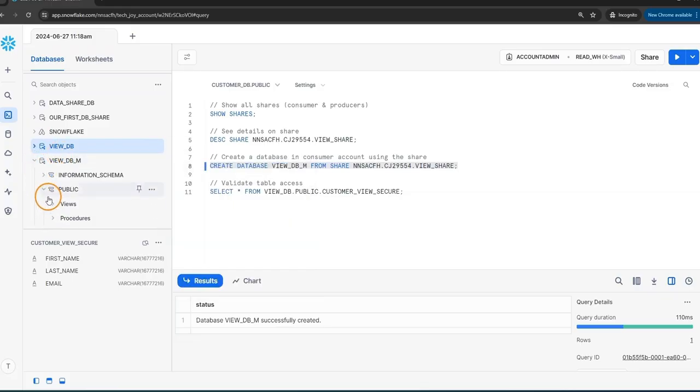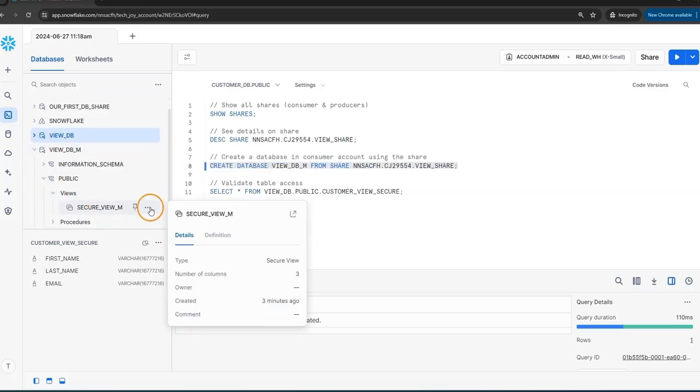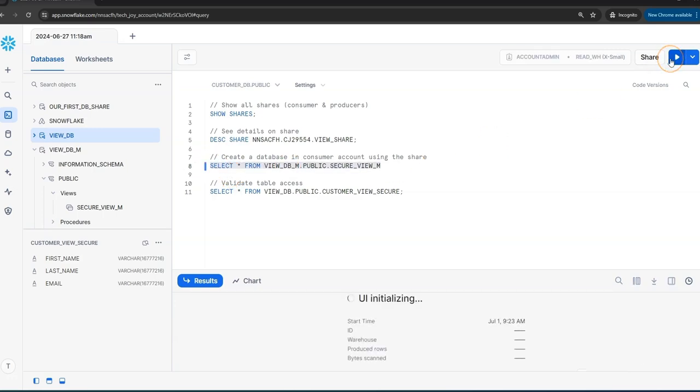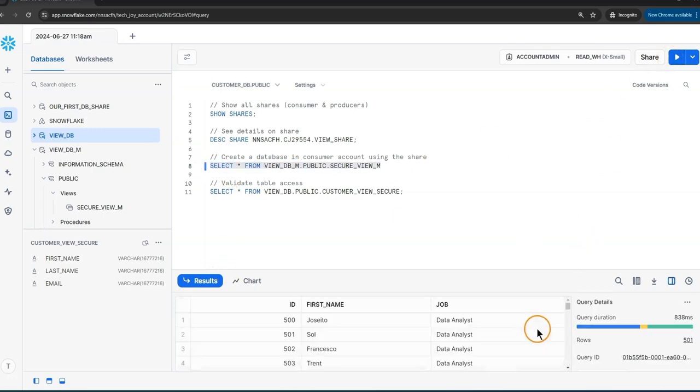Under public, we can see that there is now this view, and we can also place the name in the editor, and we can say something like select star from to really make sure that we actually see now the underlying data. And indeed, in this case, we can see that this works. And now we have successfully referenced data from multiple databases. So this is how we can do it using a secure